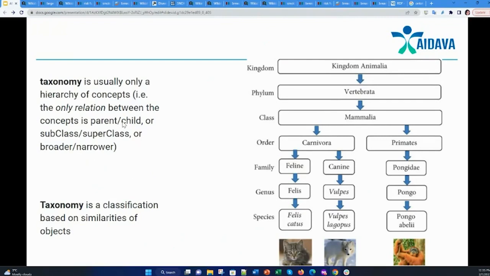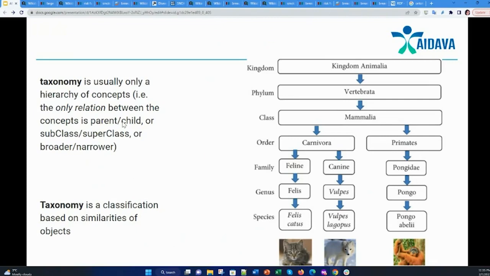Here we see a taxonomy of different biological species, families, and classes. Here we have a hierarchy of concepts, and the only relation between the concepts is parent-child, or subclass, superclass,